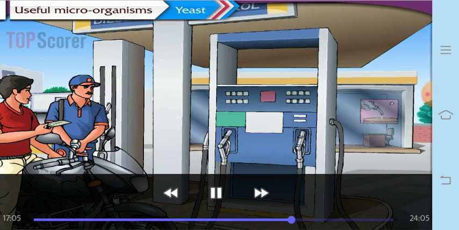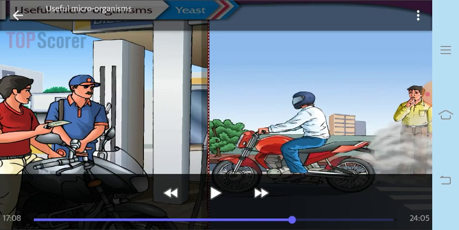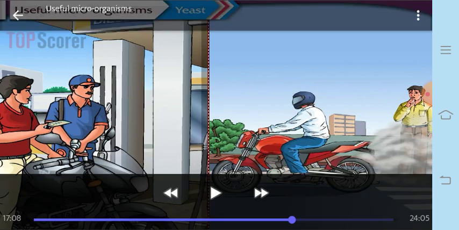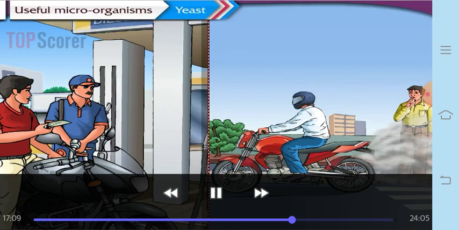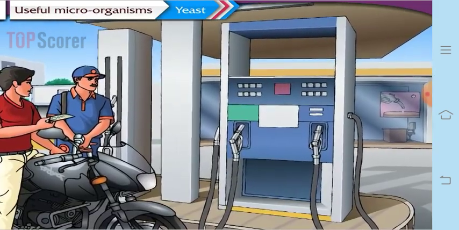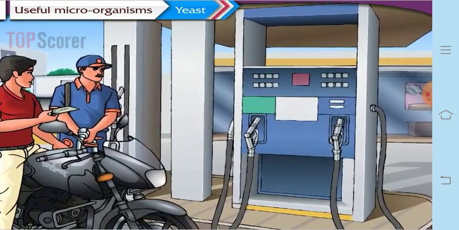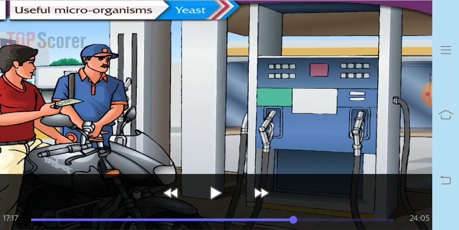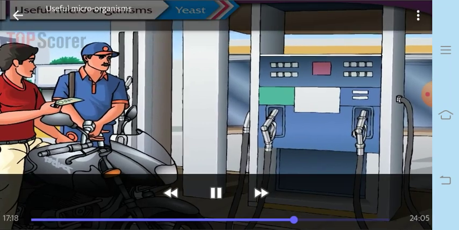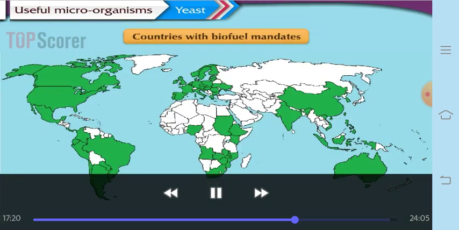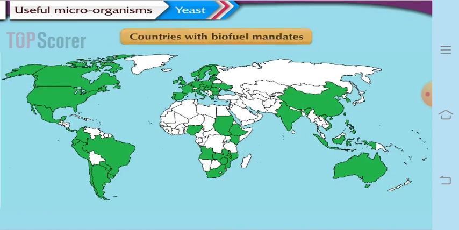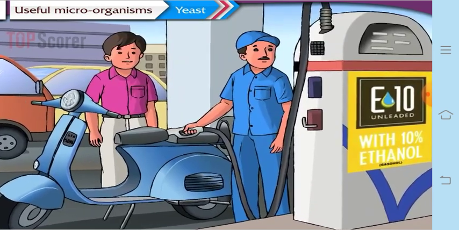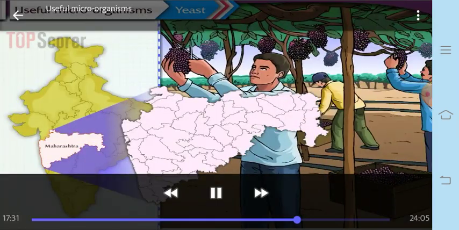You know that the fossil fuels, petrol and diesel, are used mostly as fuel, correct? But they are very polluting, and also remember they are non-renewable. So in place of this, if ethanol is added to these fuels, it will become very cost effective. First of all, cost effective. Secondly, it will reduce air pollution. Recently, it has been made compulsory in India and some other countries to mix around 10% of ethanol with fuels like petrol and diesel, because it's a smokeless fuel.